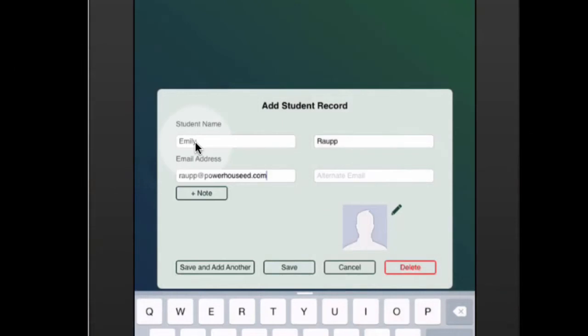Whether you would like to insert email addresses now, later, or not at all, the next step would be to tap Save and add another if you'd like to get right to the next student, or just Save if you're ready to move on. Before I tap Save, I'd like to point out that you can include a student's picture,